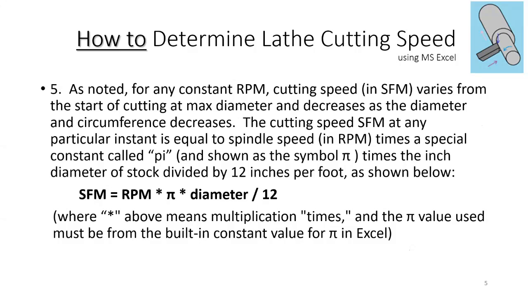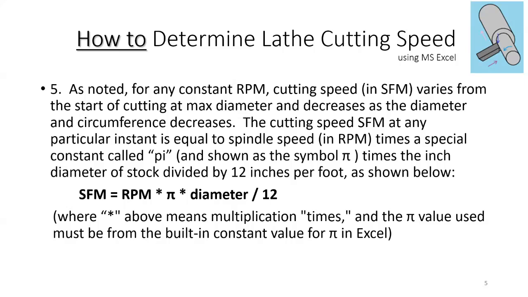So the cutting speed at any particular instant is equal to the spindle speed, we're going to use revolutions per minute, times a special constant that we all know is pi, as in 3.1415. We use the Greek symbol pi there. You're familiar with it. It's used in the circumference of the circle, 2 pi r, the area, pi r squared. Same pi. Uses the inch diameter of the stock